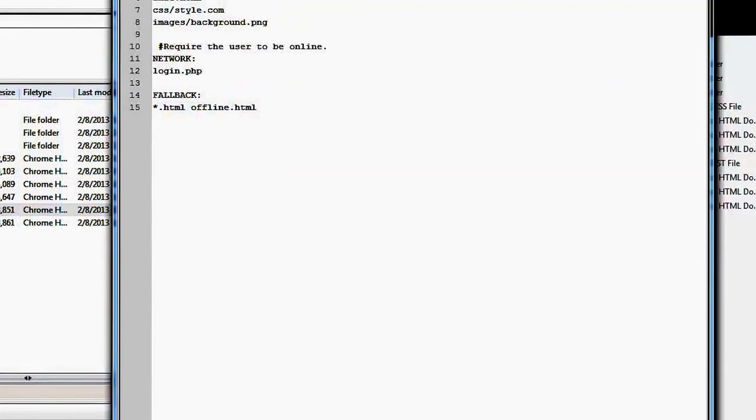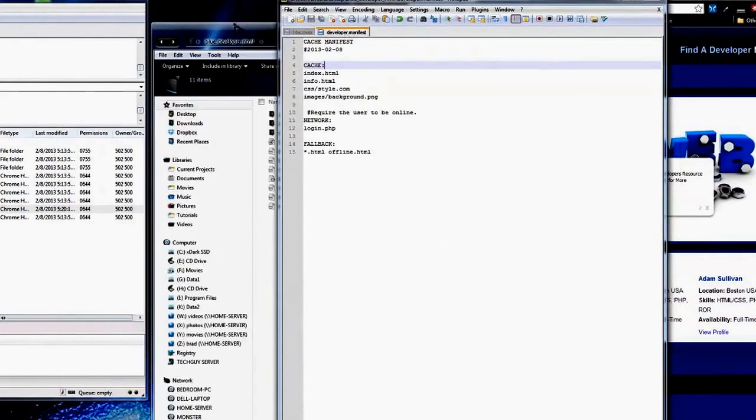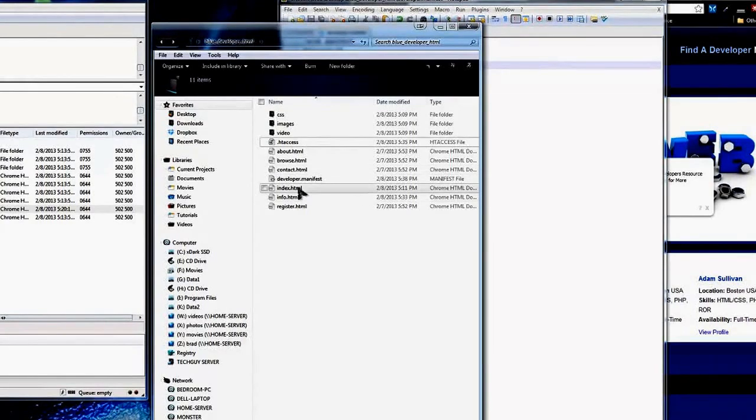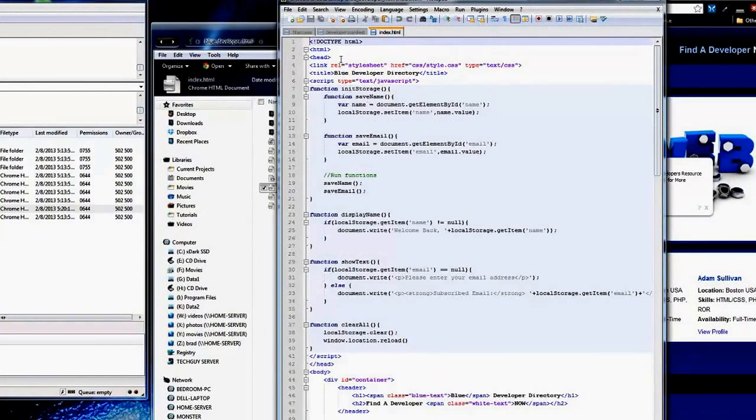Okay, so I think that's it. That's what we need. That's all we need here. I'm going to save this. And next thing, another important thing we need to do is we need to open the index file, and in